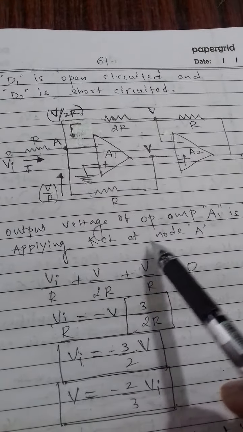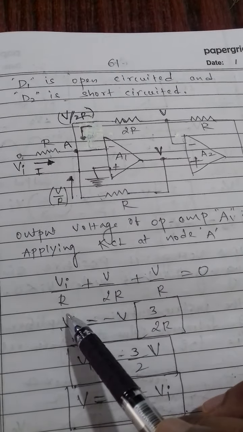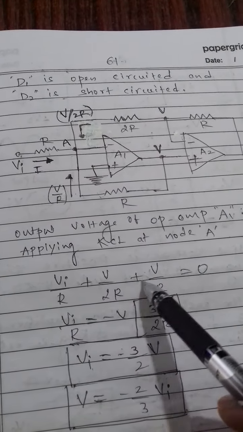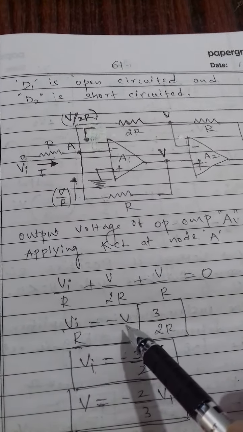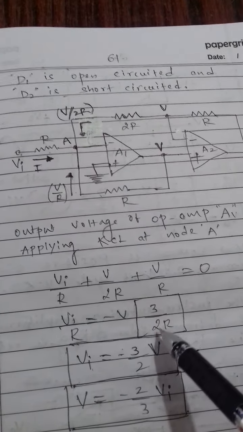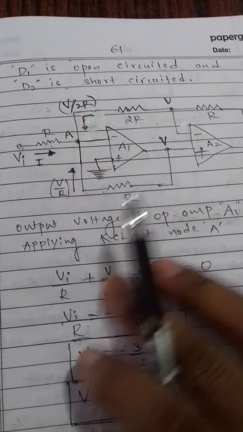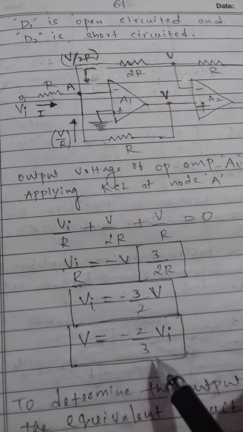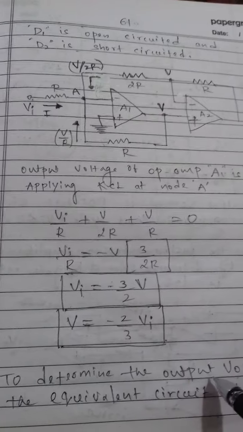Applying KCL at node A, VI upon R plus V upon 2R plus V upon R is equal to 0. VI upon R is equal to minus V into 3 upon 2R, so VI is equal to minus 3 upon 2 into V, so V is equal to minus 2 upon 3 into VI. So to determine the output voltage,